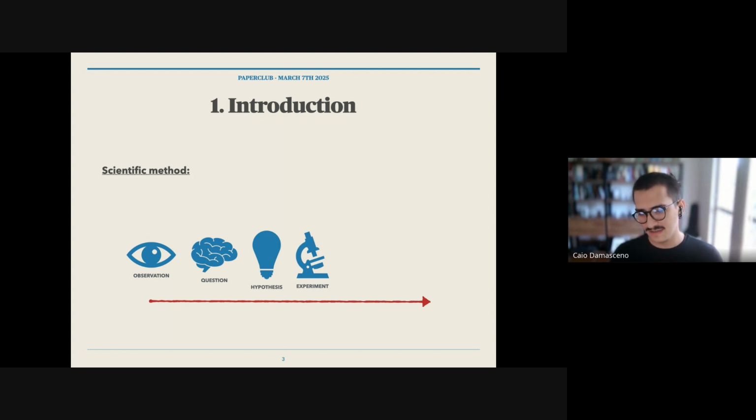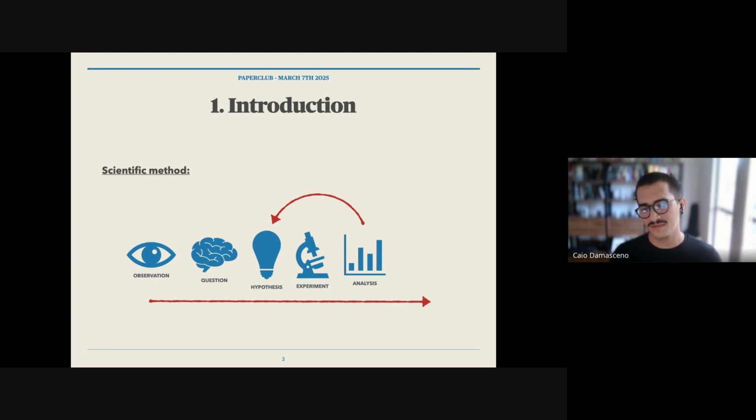But it doesn't stop at testing. We have to analyze the results. And we analyze the result, we check if our hypothesis is true, and sometimes we have to go back to the hypothesis, revisit it, and it might be a loop sometimes.